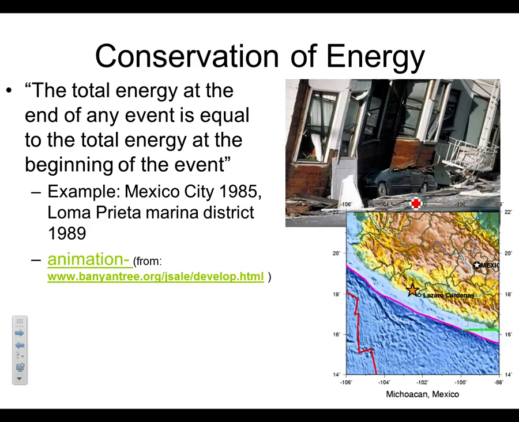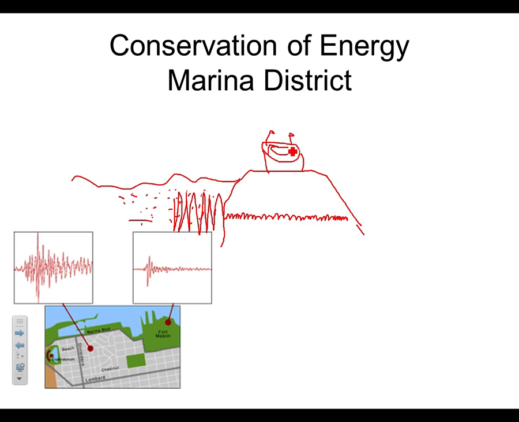Okay? So people in Candlestick Park, they felt the earthquake, but it wasn't that bad. They didn't think it was that bad. They went outside and saw the Marina District, and everything was destroyed. Candlestick Park was built on solid ground. The waves went through quickly with low amplitude. When the waves had to slow down because it was less dense soil, they amplified. A lot of people in the Marina District, in their yards, found these old bricks had surfaced through the dirt. It was the garbage from the 1906 earthquake.